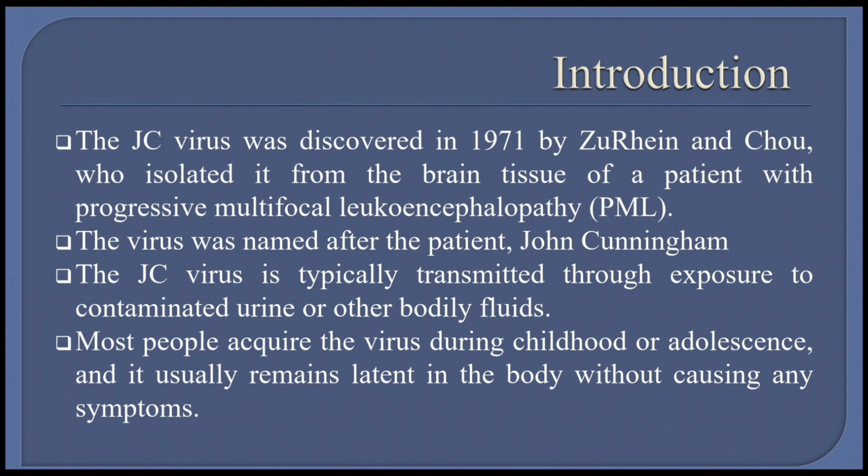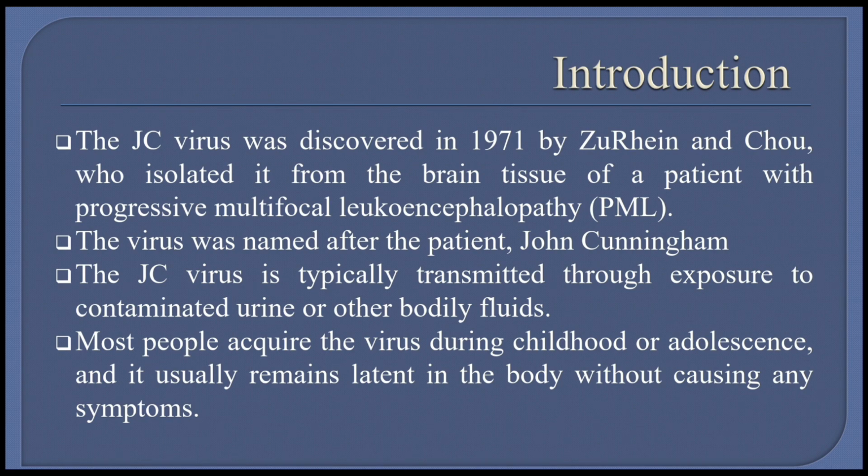Introduction. The JC virus was first discovered in 1971 by Zurhein and Chou, who isolated it from the brain tissue of a patient with progressive multifocal leukoencephalopathy. The virus was named after the patient, John Cunningham, and it is typically transmitted through exposure to contaminated urine or other body fluids. Most people acquire the virus during childhood or adolescence, and it usually remains latent in the body